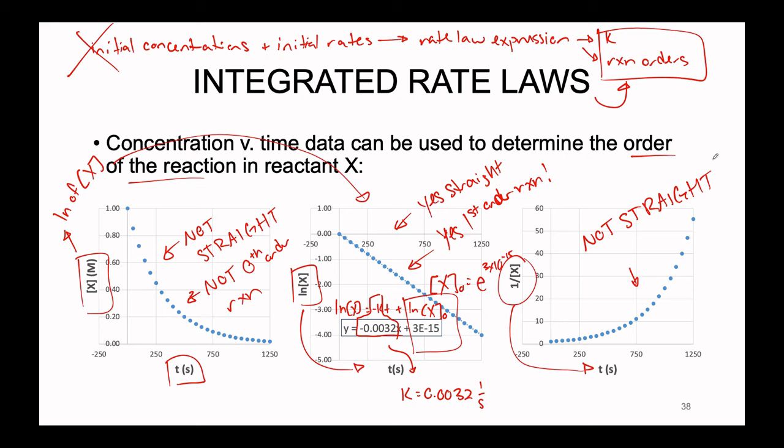This again emphasizes the if and only if relationship between our concentration versus time data. We can manipulate this data in any way we want, but the only way that we get a straight line corresponds to the condition that our reaction is a first order reaction. So because the inverse of our concentration versus time does not give us a straight line, this also means that it is not second order. No, we already knew it couldn't be second order because it has to be first order, but it's just a